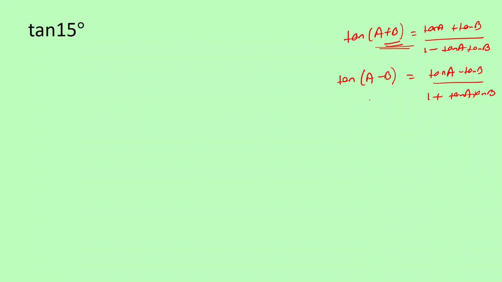So you will be getting the formula for tan of A minus B. Alright, so remember this formula as well for tan of A minus B, and now we apply